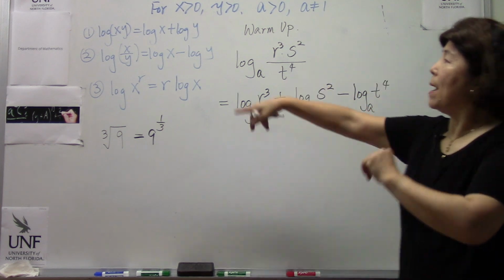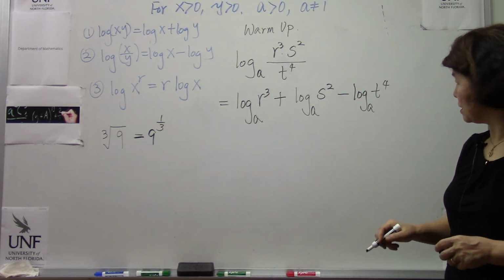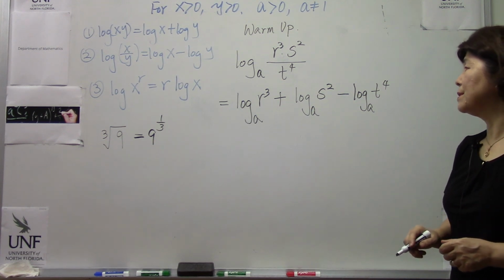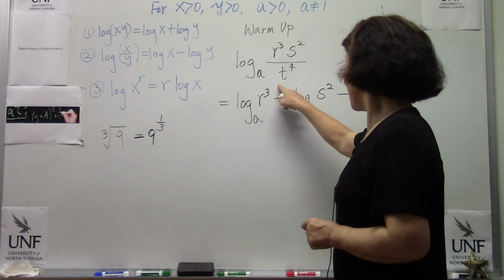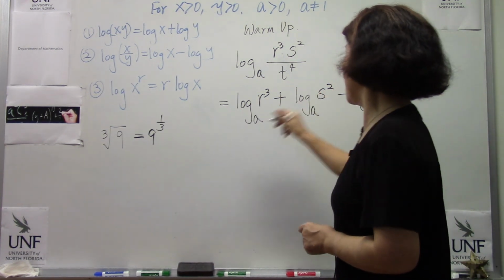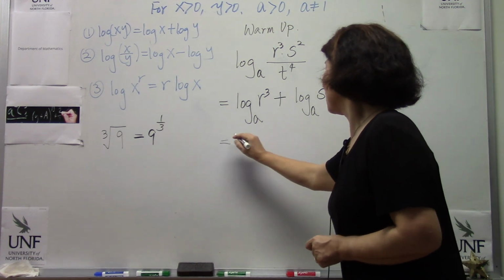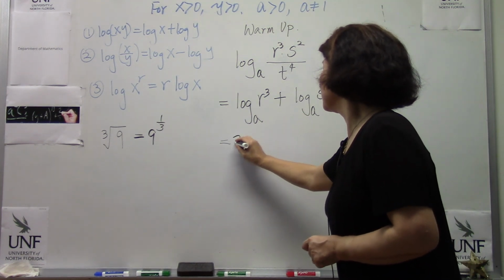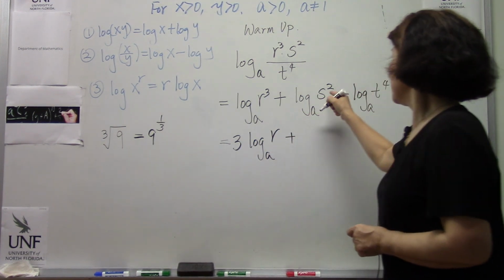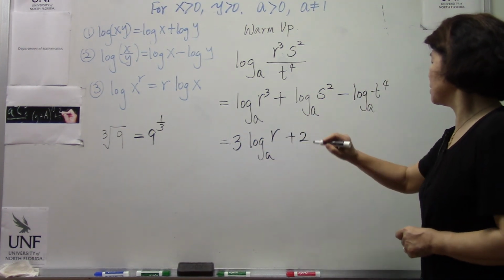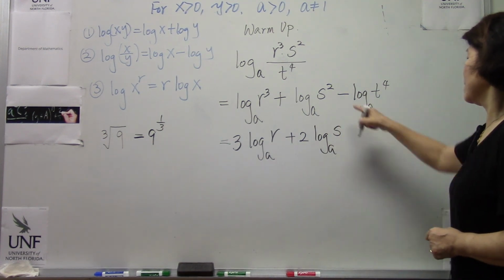So we can combine property 1 and property 2 together. Now it's time to take care of these powers. r has a power, s has a power, t has a power. This one has a power 3, so 3 goes to the front: 3 times log r to base a. Here the power is 2, so 2 goes in front: 2 times log s to base a. Now subtract